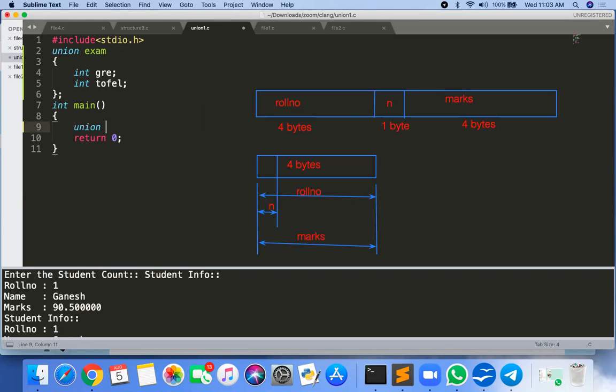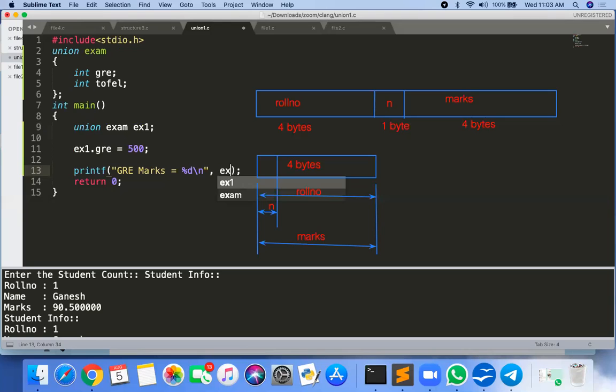Good question. Union exam, and suppose ex1. Your question is: ex1.gre is equal to 500, and printf GRE marks is equal to %d, comma, ex1.gre.